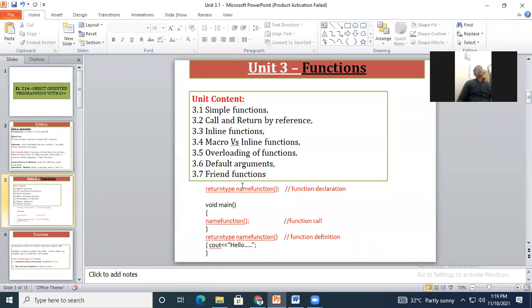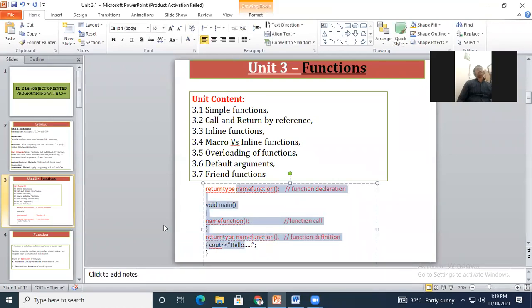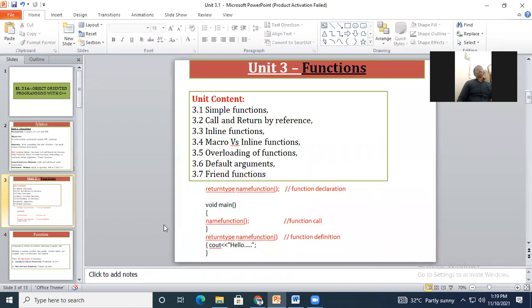So these three parts of the function you need to remember, and four categories and two broad types: user defined functions and system functions or library functions. In the categories: a function with return and with arguments, a function with return and without arguments, a function with no return and with arguments, and a function with no return and no arguments.